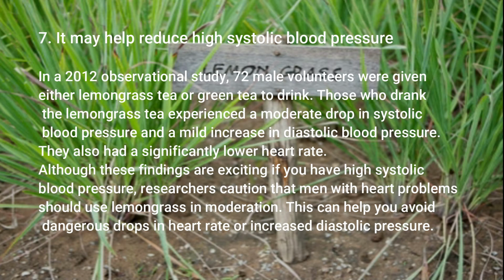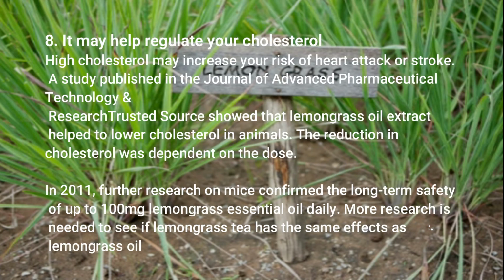In a 2012 observational study, 72 male volunteers were given either lemongrass tea or green tea to drink. Those who drank the lemongrass tea experienced a moderate drop in systolic blood pressure and a mild increase in diastolic blood pressure. They also had a significantly lower heart rate. Although these findings are exciting if you have high systolic blood pressure,